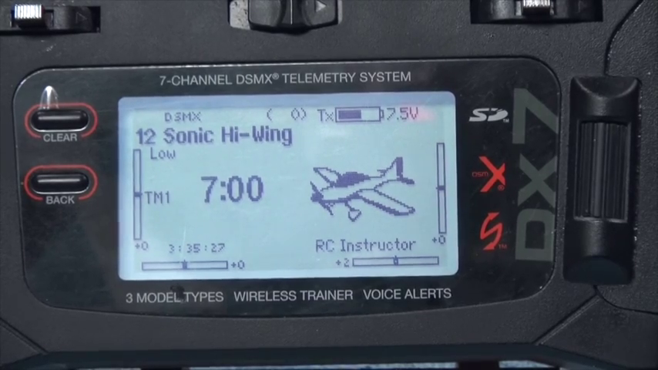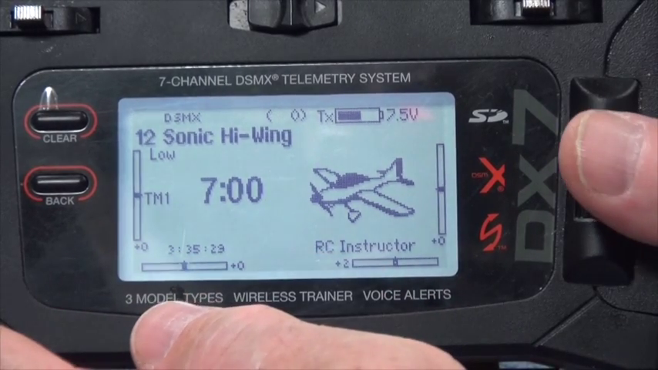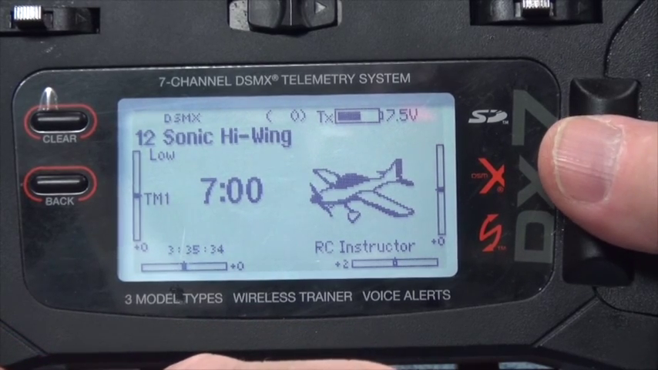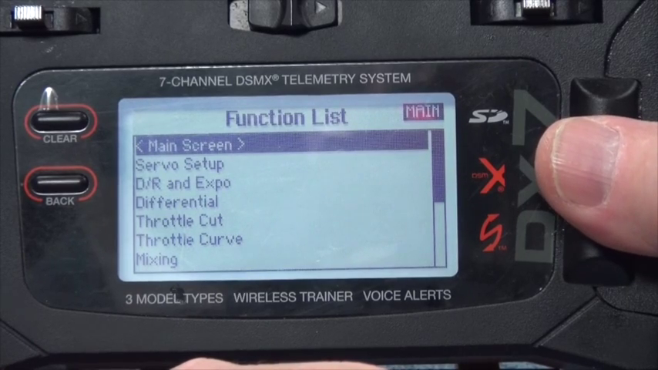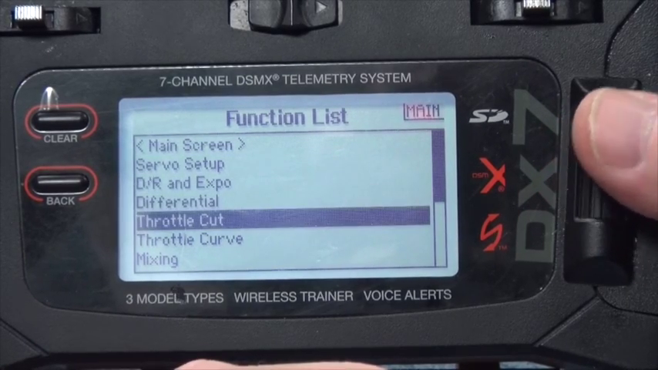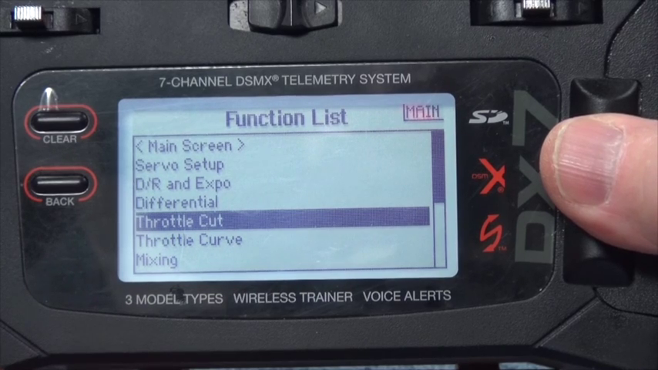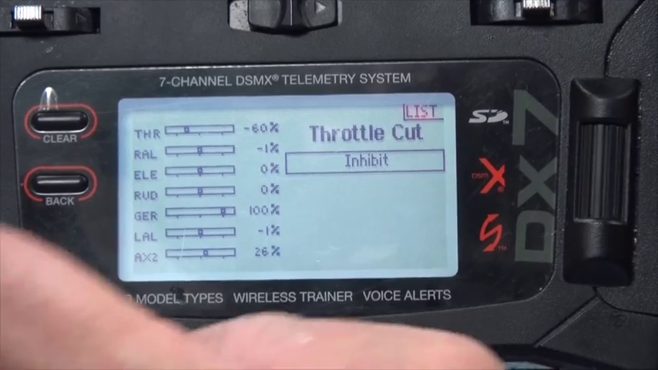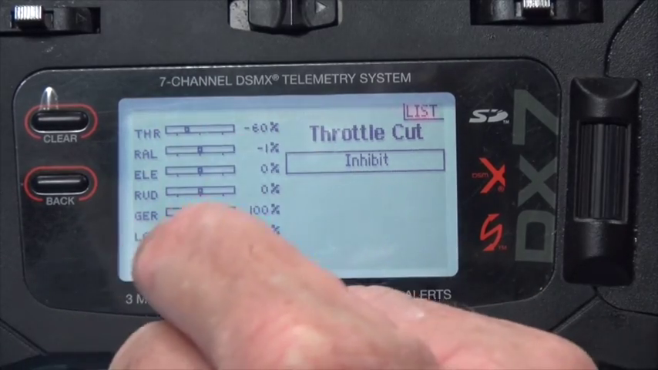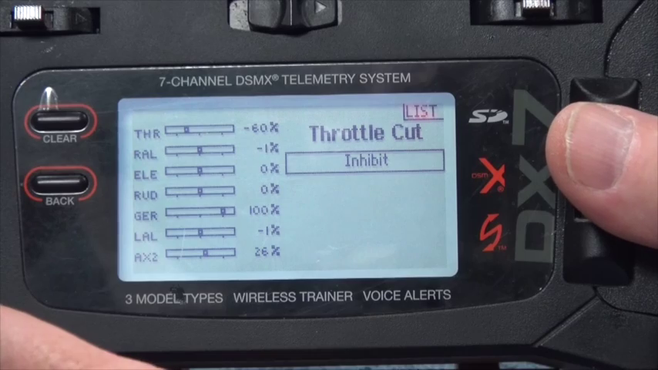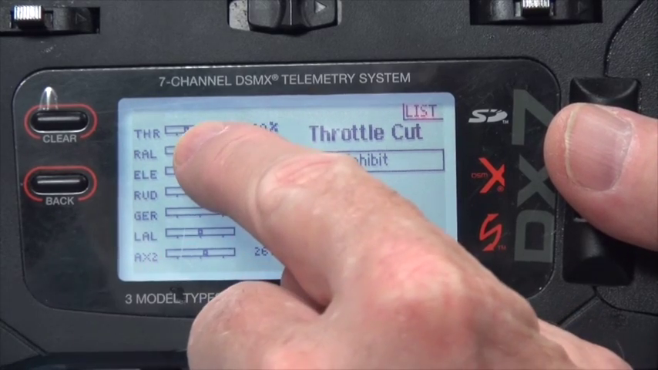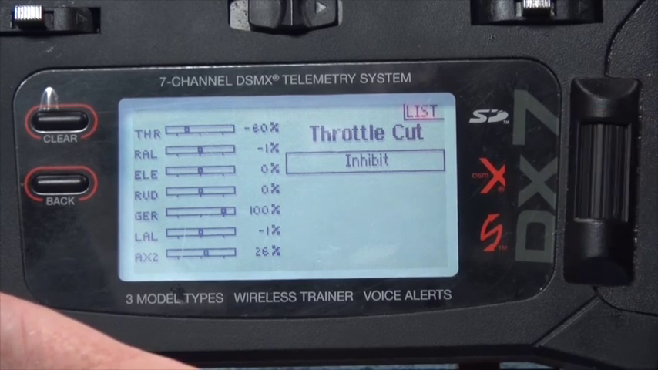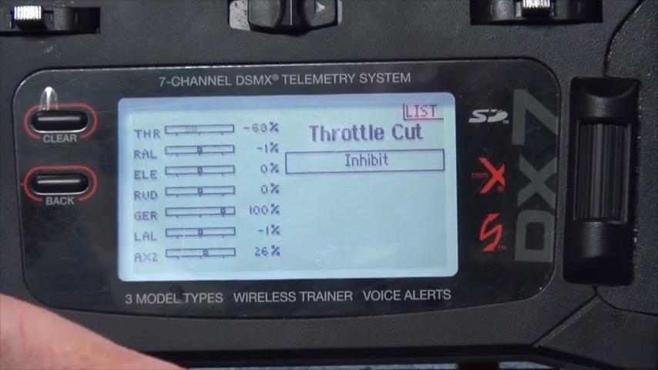So how do we set the throttle cut? We're at the main screen, obviously. I'm going to press the roller button here once and scroll down just below differential to throttle cut, and click it once. Right now it's inhibited. And you also have the monitor here, which is nice because you're going to be able to see what's going on. Notice where the throttle is set right there, and that's with the throttle in the idle position. I can actually move that, and